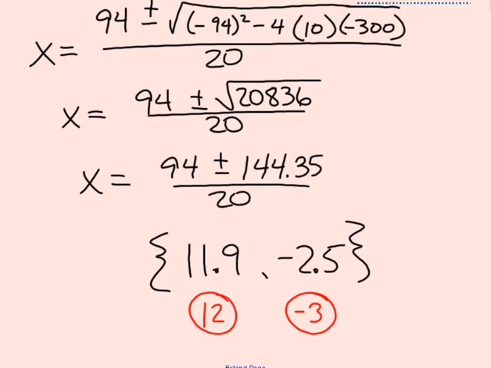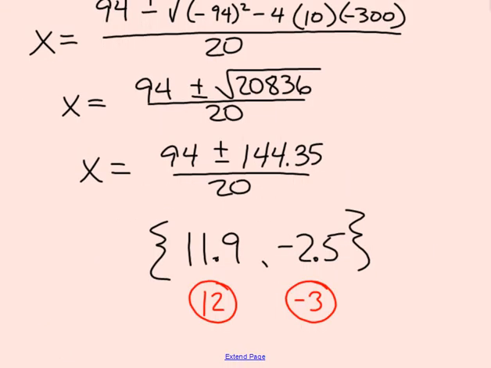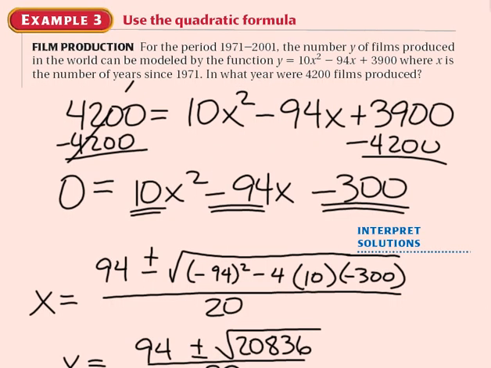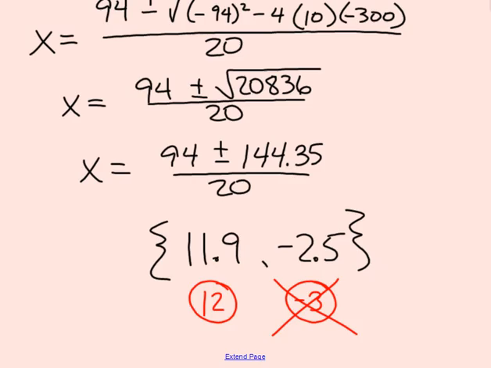Now, keep in mind, year negative 3 would imply that that's 3 years before we started counting, and since that is outside of our domain, we don't count it. It has to be within our domain. Well, where does that put year 12? Year 12 would be 12 years after 1971, or the year 1983. Since 1983 is within our original domain,